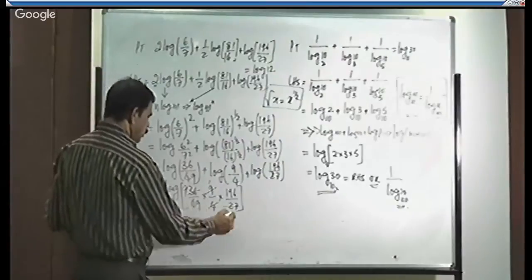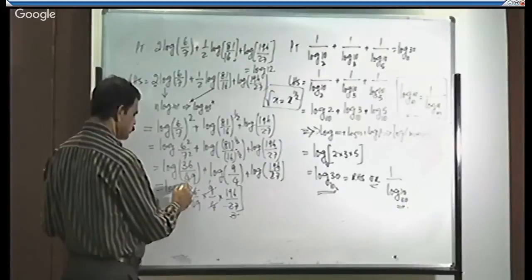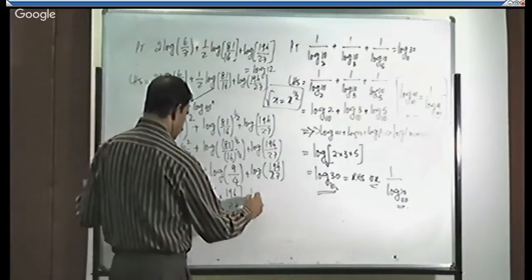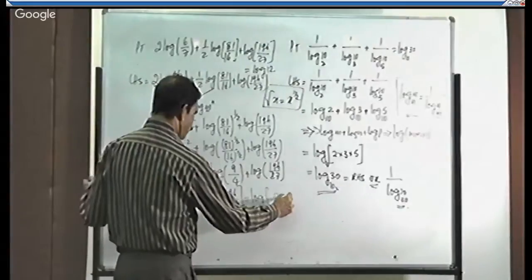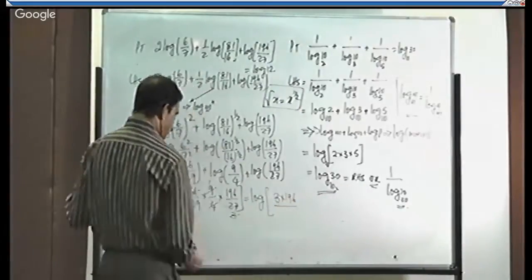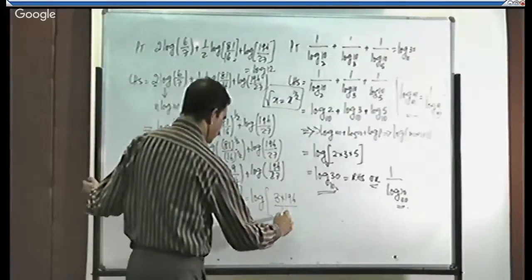Correct. 3: 1 ja 3, 3 ja 9. So what is remaining? Log of 3 into 196 divided by